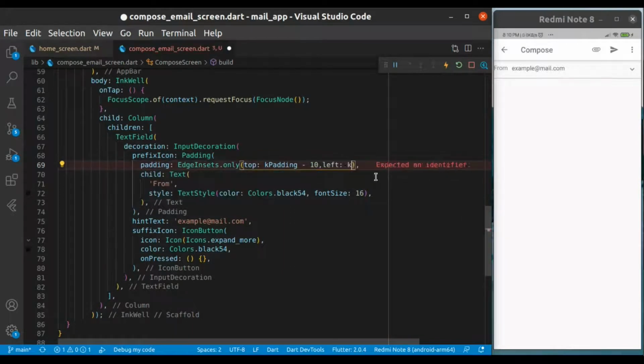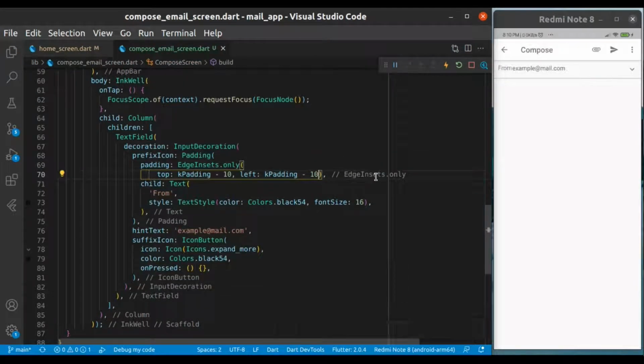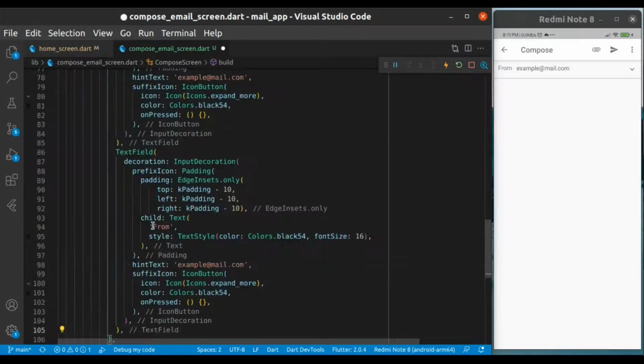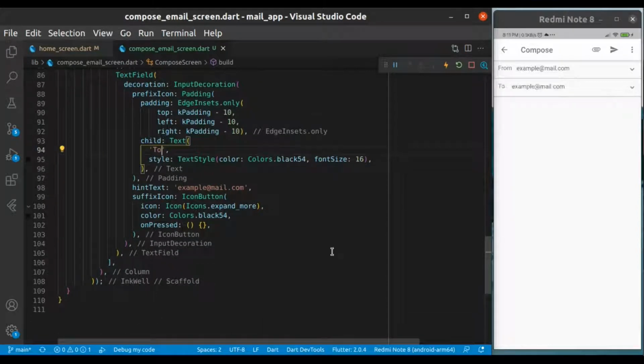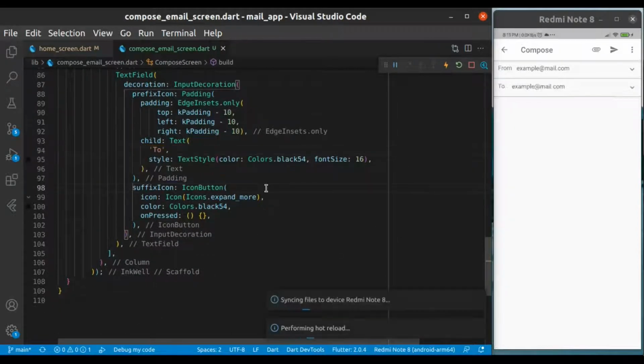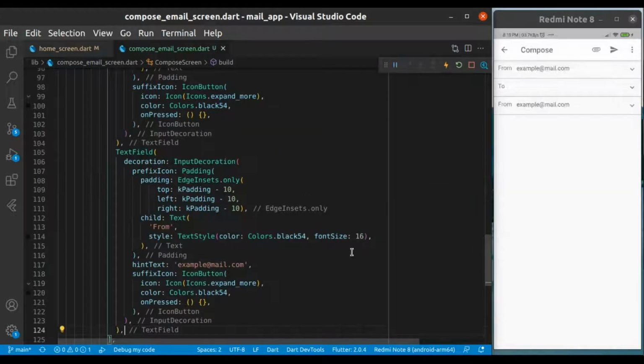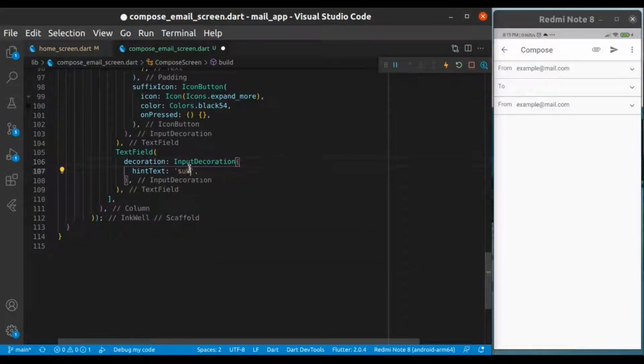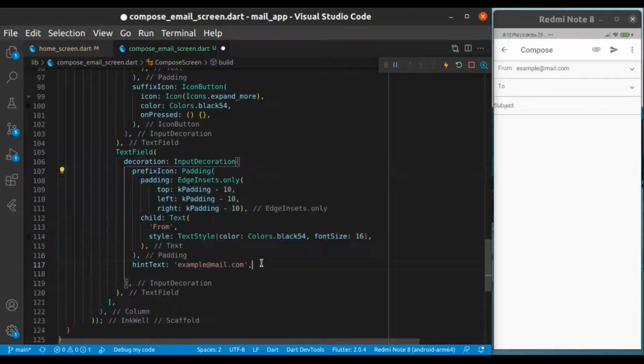Actually, I am not using it very often. Just tweak the values as per need and whatever suits you better, and just copy it again because we don't want to write the same stuff again and again. Change the values which you don't need, and again you have to provide subject, and sorry for a glitch, remove it, provide hint text as a subject, and provide some prefix, remove it.